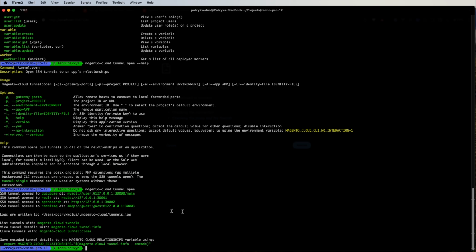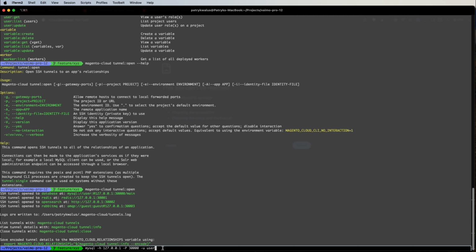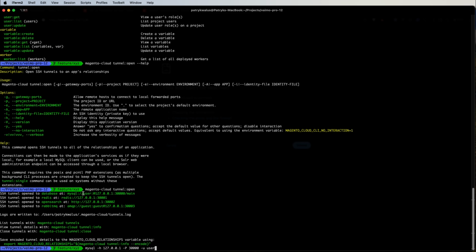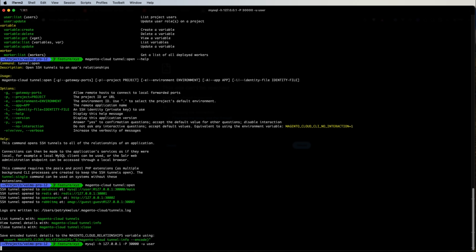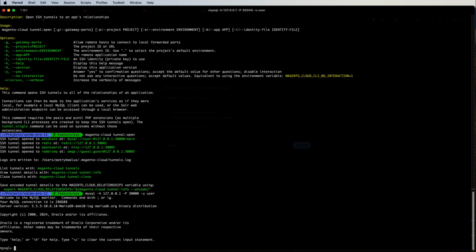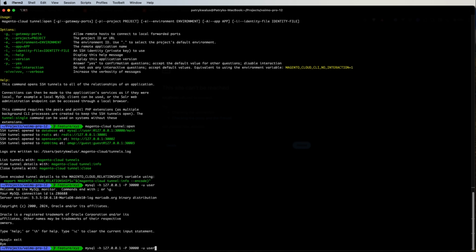So we can just right now simply try to connect to the database that we have in the feature XYZ environment. So we simply go MySQL. I actually tried it before. So we define the host, which is the localhost, the port, which is this 30,000, and then a user, which is just a user of this MySQL instance. So we just simply use that. Boom, we are in. And we can close the tunnel,